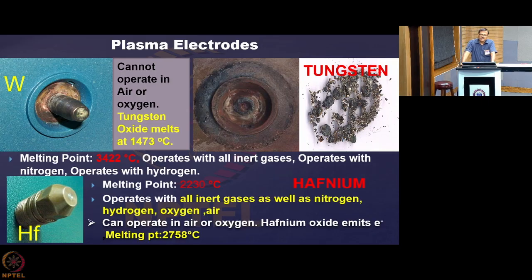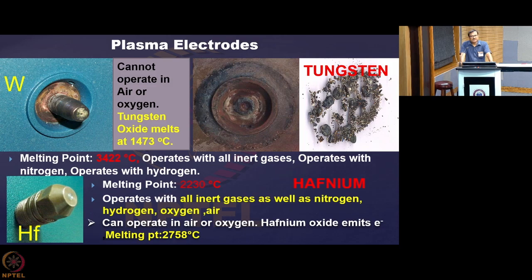Together with all this, it is thoriated tungsten, thoriated to bring down the work function of these cathodes so that they can emit electrons very easily. So tungsten as a cathode works fine for an inert gas environment. These are called thermionic cathodes because when they are heated they emit electrons. Now when this type of cathode operates in an oxidizing environment like oxygen or air, it immediately reacts with the oxygen in air or in pure oxygen, and forms tungsten oxide.